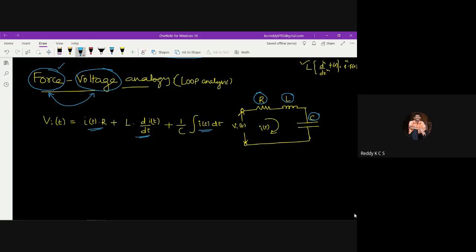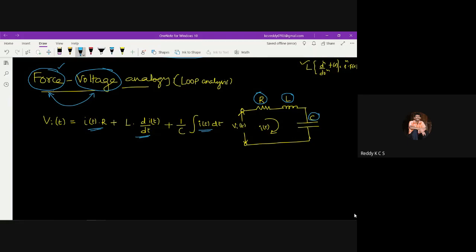Now, according to the Kirchhoff law, because these are connected in series, we can sum up all the voltages, V1, V2, V3 like that. That's why we've done all this. The algebraic sum of all the voltages will be equivalent to the total voltage in the circuit. That's what we have drawn according to the Kirchhoff law.